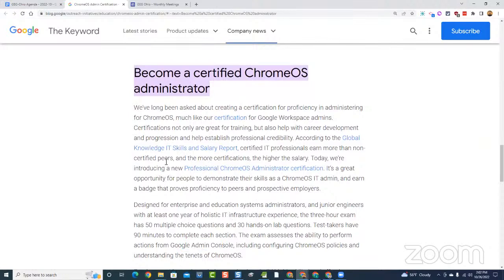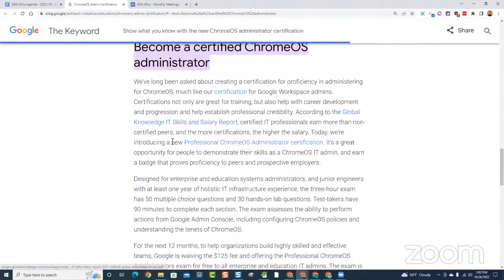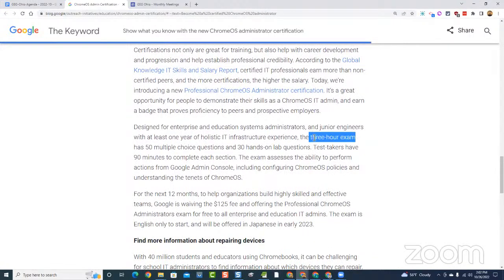Well, that's great. That's a good certification to have. Also to find out, are there areas that you're weak in that maybe you should learn more about? Awesome. Fantastic. So basically it is a 3-hour exam, 50 multiple choice questions and 30 hands-on lab questions. You get 90 minutes for each section. So an hour and a half for the multiple choice and an hour and a half for the hands-on lab